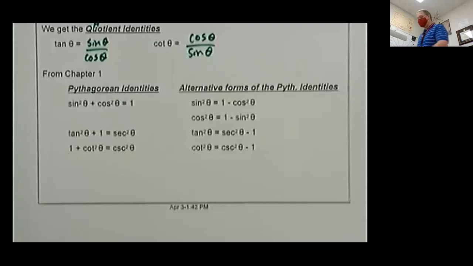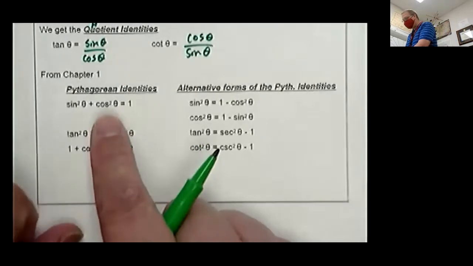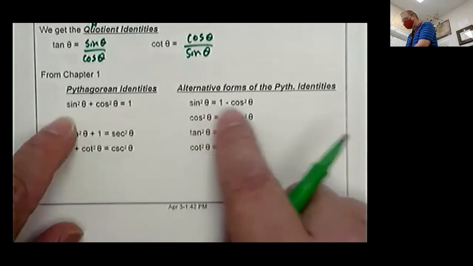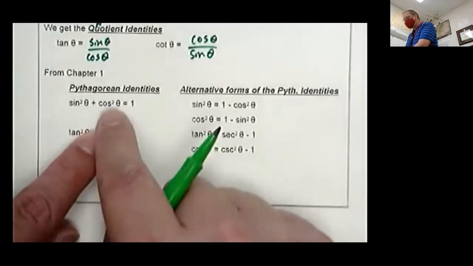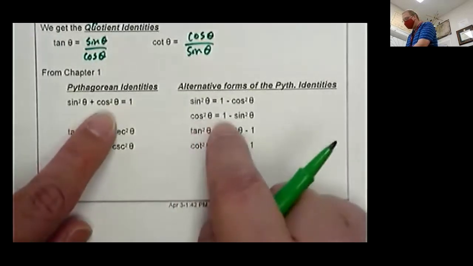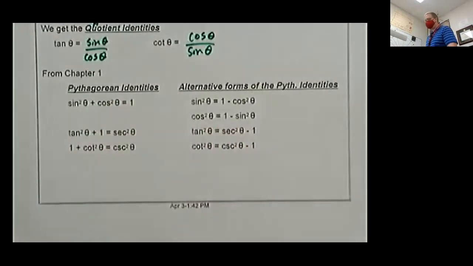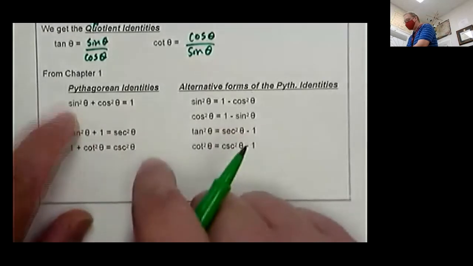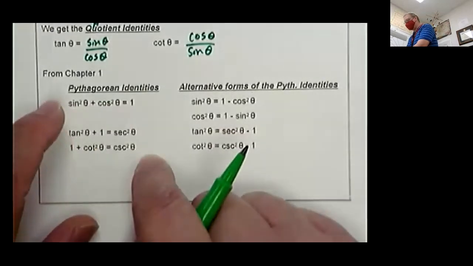We can write that then in other forms as well. If we solve for sine squared, we're going to get 1 minus cosine squared. If we solve for cosine squared theta, we're going to get 1 minus sine squared theta. Then if you want to go back and look at your chapter 1 notes, you can see how we derived all these identities. But basically we took turns dividing everything by sine squared,